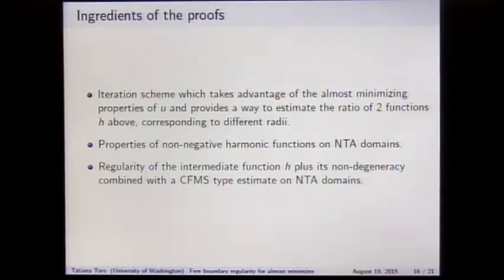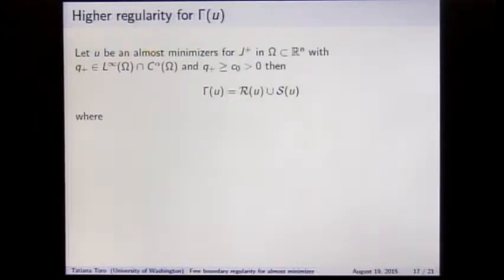But as I said, what we wanted to do was to do exactly what Almgren had done, and show that up to first order we have the same thing. So what else can we say about the free boundary if we assume higher regularity of Q plus and Q minus? So let me tell you the higher regularity. What have I done here? Please notice I am only talking for now about J plus, and here I really am only talking about J plus. And I am assuming that Q plus is Hölder continuous, and is of course non-degenerate.